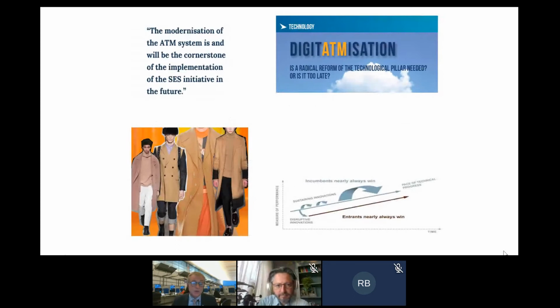It is not just a fashion. It is there to stay. Modernization of the ATM system will be the cornerstone of the implementation of the Single Sky initiative in the future. Maybe we are too late, but maybe we're too early. We really do not know that, but certainly we can't just talk it away. So it will be there, it will stay. Now, in parallel to all the technological possibilities, the machine learning possibilities and the computing possibilities, you will also have to address what kind of business model you will want to see